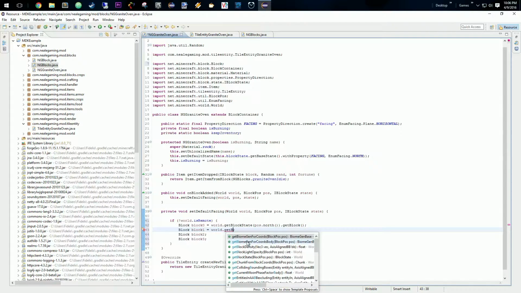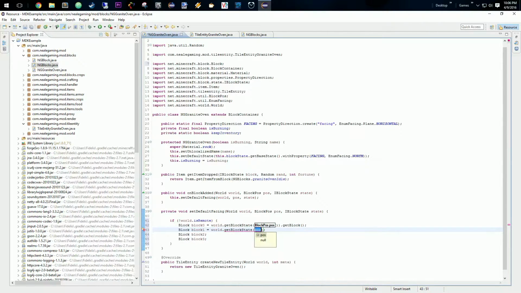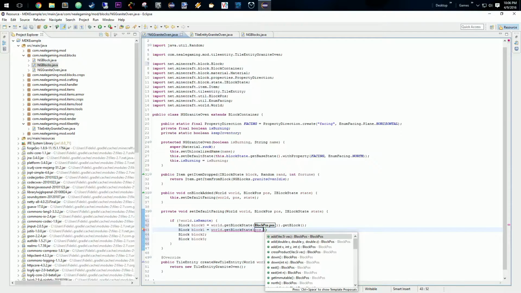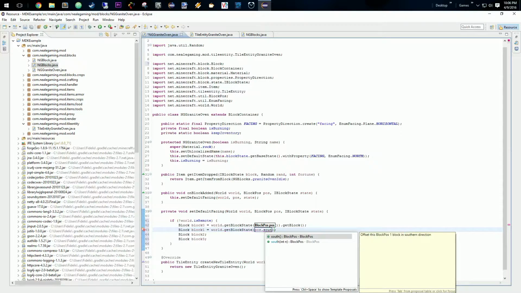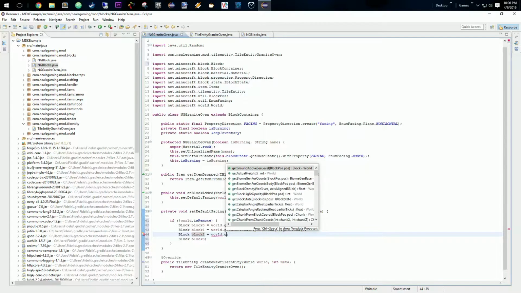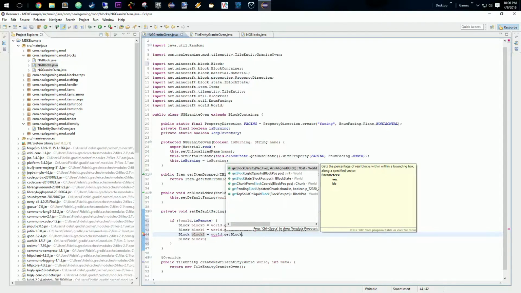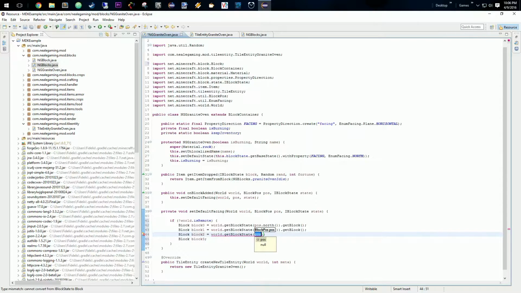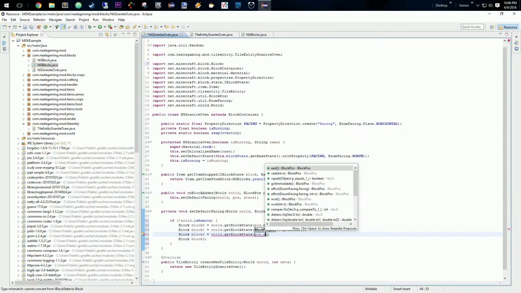Get block state, pos dot south. We're going to have a world dot getBlockState pos dot east